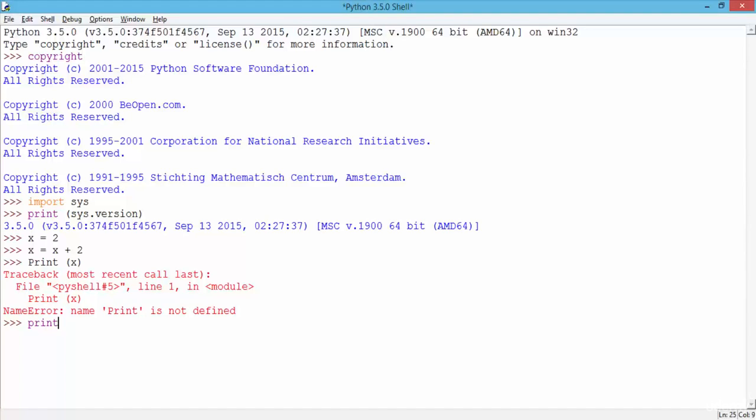And notice Python is good at this because it knows whether this print is the correct value or not. And you can see this by the differentiating color. Here I had the capital P, which was in black, obviously, so Python does not recognize this. But when I use the lowercase p, it recognized that this is a valid command. So I'm going to say print x one more time, and my answer is 4.